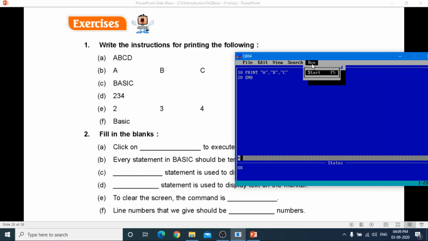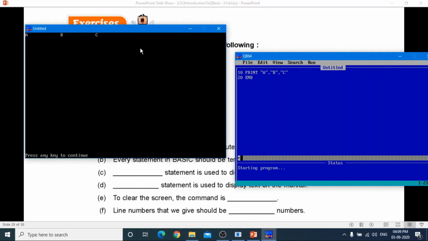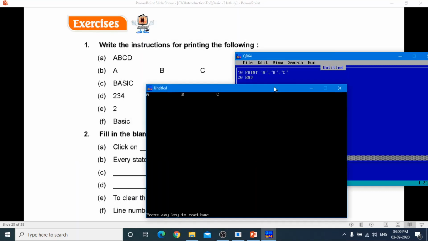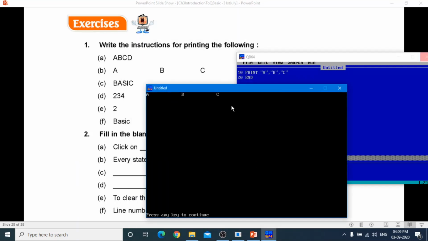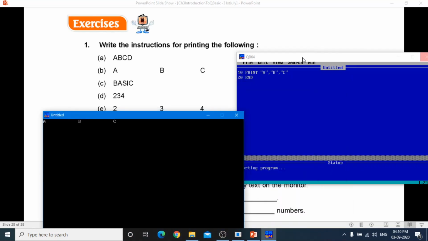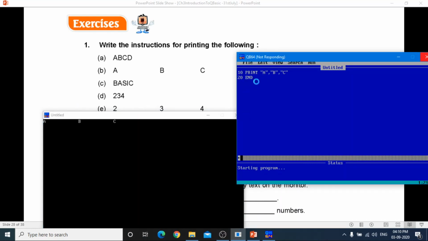Okay, now run it. See, this is the desired output, A, B and C. Got it? कैसे आया? Just 10 print A double quotes comma B double quotes comma then C double quote.